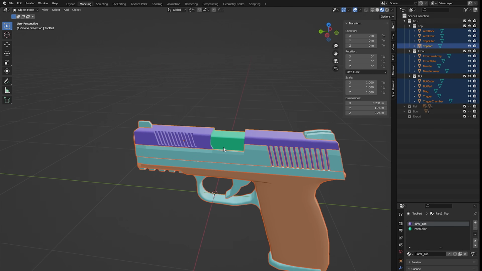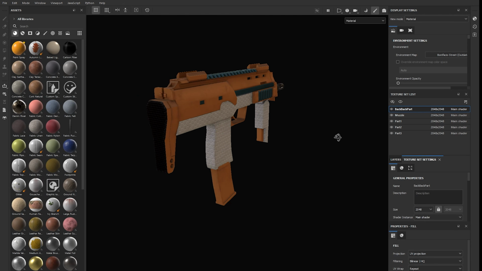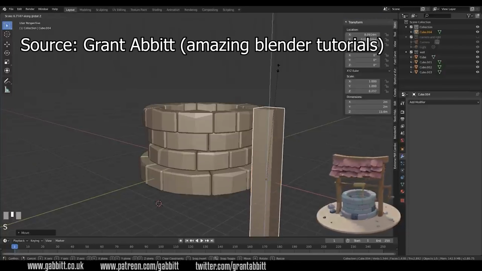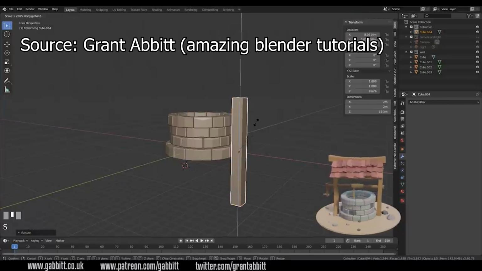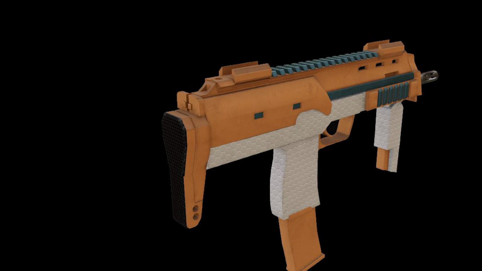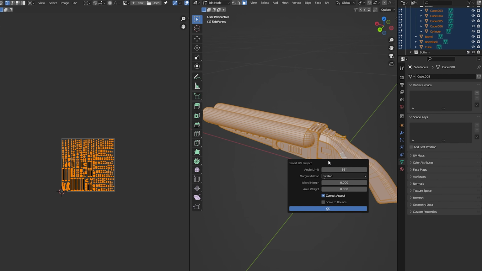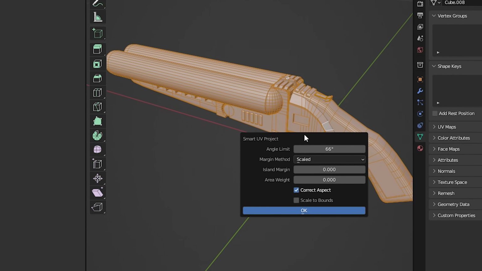I modeled the guns in Blender and created the materials for them in Substance Painter. It's been really fun to learn hard surface modeling, and although I still have a lot to learn, I'm very happy with the progress of my Blender skills. When comparing my early weapon models to the new ones, I watched countless tutorials and modeled a bunch of random items to practice. After I finished modeling them, I used the Smart UV Project function in Blender to automatically